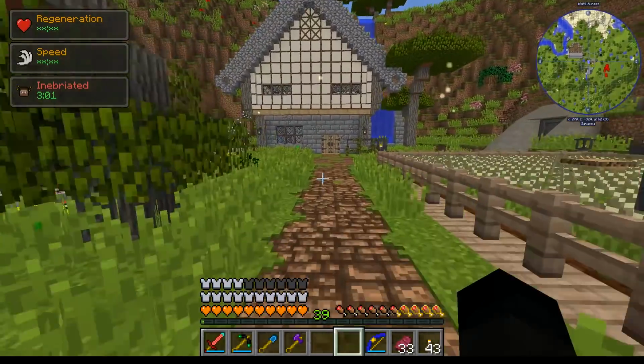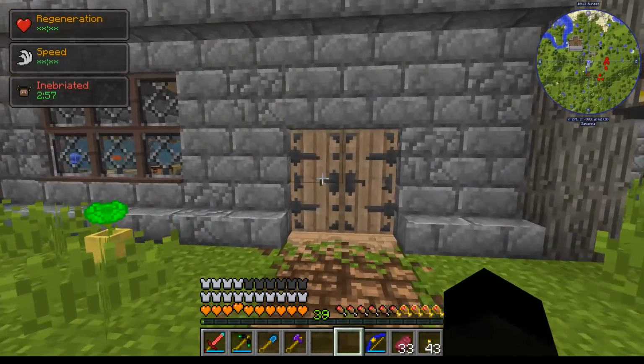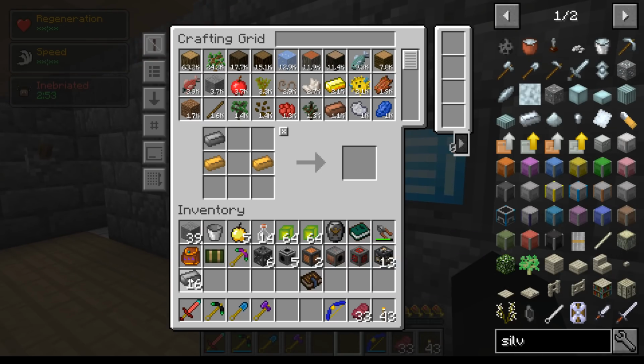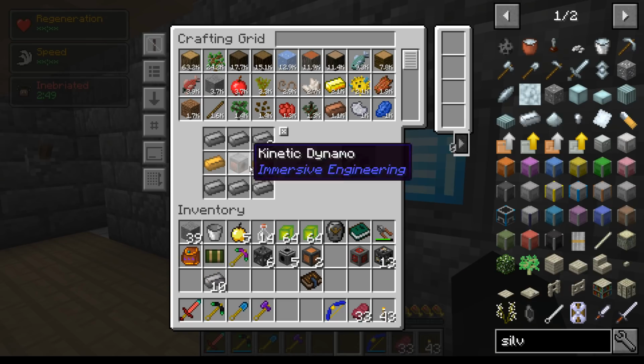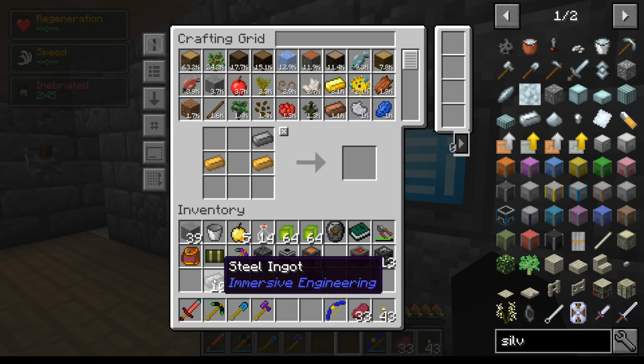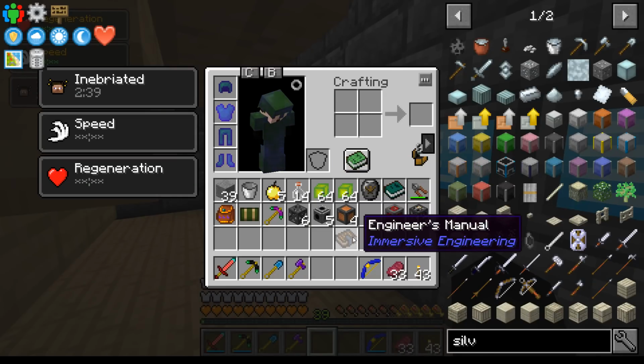Now we can upgrade it. We could put the blast furnace upgrades on the side. I'm not entirely sure how valuable that will be. That will give us the generator blocks and we can put all of that away. Now the last thing we need, I believe,